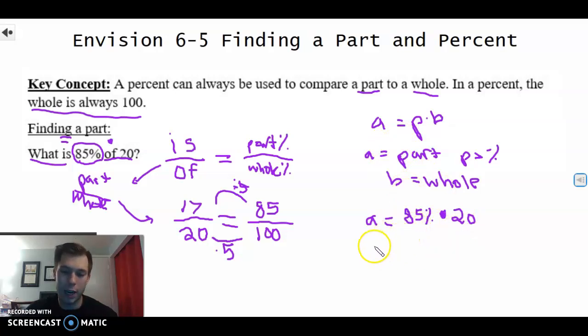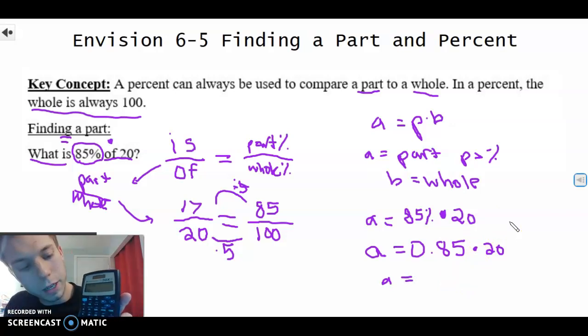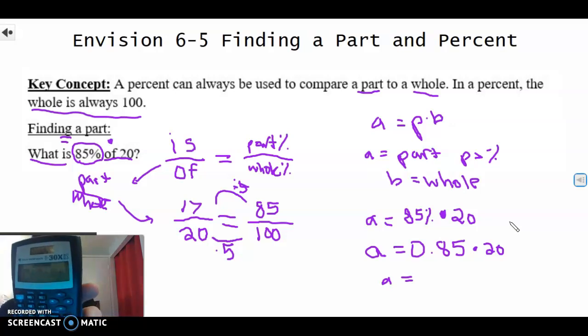Now we want to convert this 85% to a decimal. Okay? And there's two ways. You can convert it to a decimal, or you can actually leave it as a percent. And I'll show you in your calculator in just a second how to do that. When you convert 85% to a decimal, you're going to get 85 hundredths, and we're going to multiply that by 20. When we do that, we get A equals, so I'm going to take the calculator and type in 0.85 multiplied by 20, and when you do that, you should get 17,